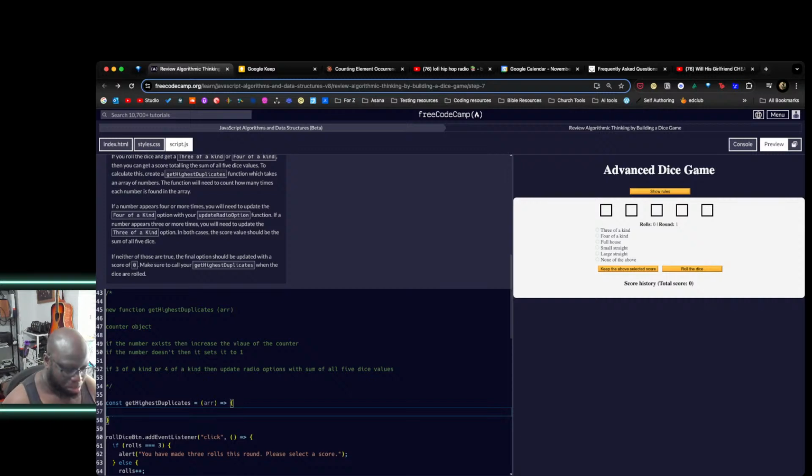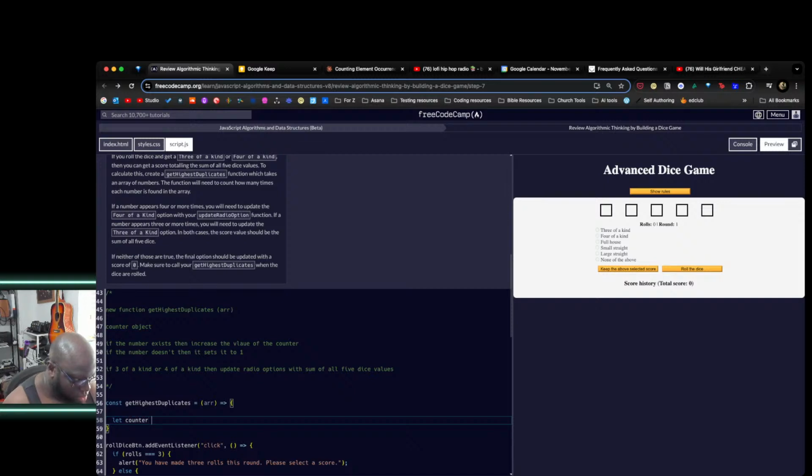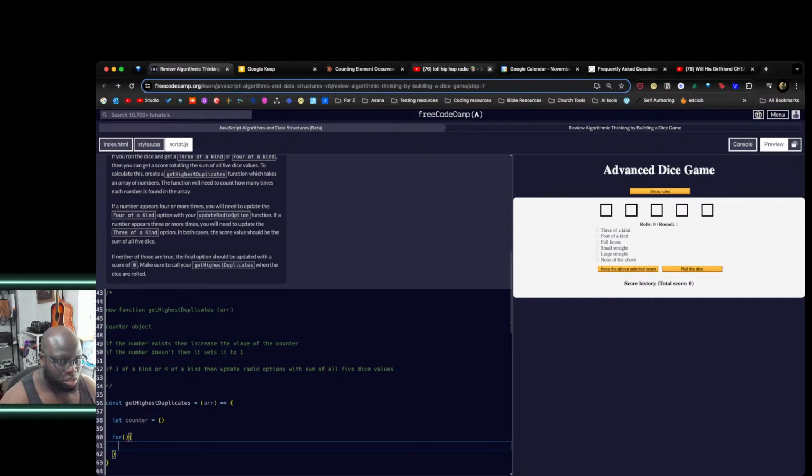So this is where we were using AI. And I think that AI model actually worked. So let's set a counter. So let's say let counter be an object. Right. And then within the array for, I think that's a function. So for each,